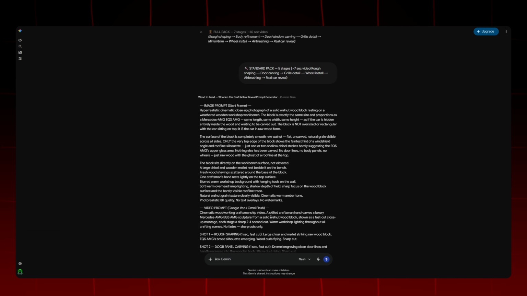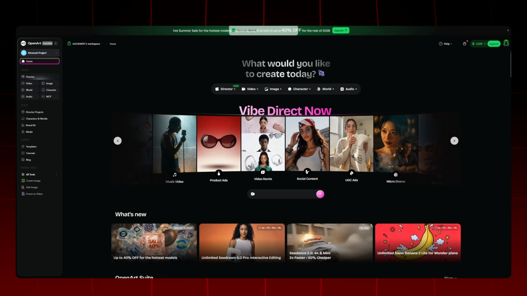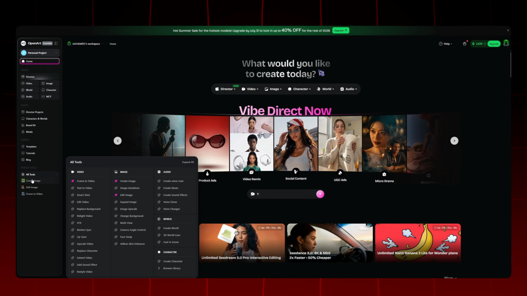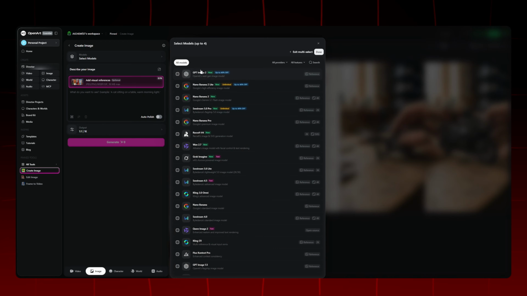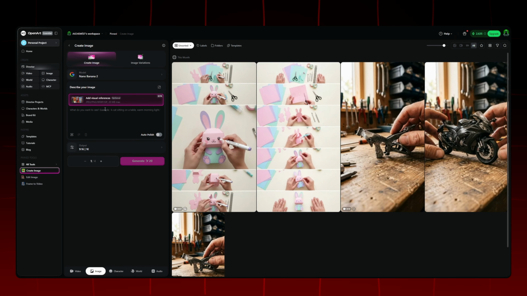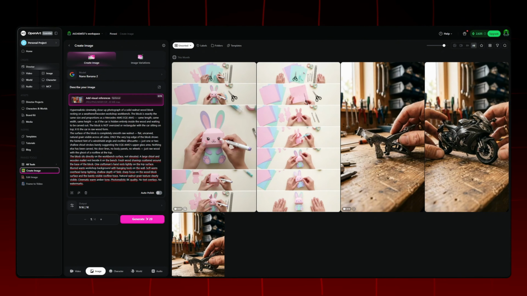After receiving our prompts completely, we copy our first image prompt and go to the OpenArt website to start production. After entering the OpenArt website, we click on the Create Image tool in the left menu. In the panel that appears, we first select Nano Banana 2 as our image production model at the top, then paste the prompt we copied into the image prompt section right below,